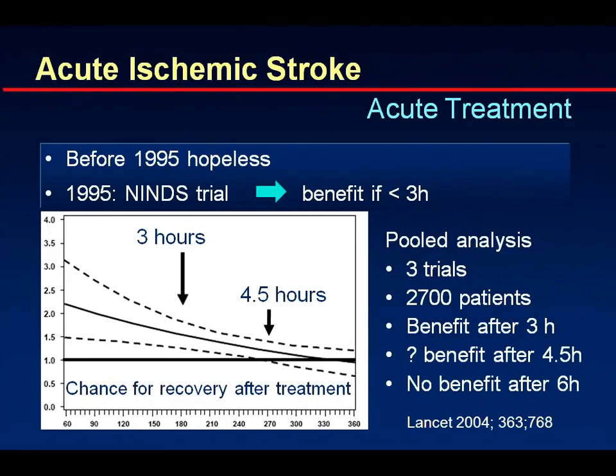In 1995, the NINDS trial was published that showed a benefit of intravenous thrombolysis if the patient was treated within 3 hours of the beginning of the symptoms. Now, how many patients are that? In most of our institutions, the number of patients will be 3%, and if you do it really, really well and have organized not only your institution, but all the